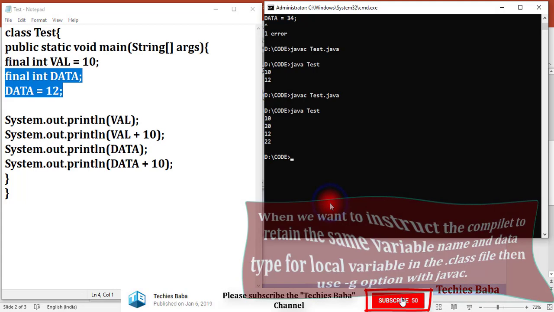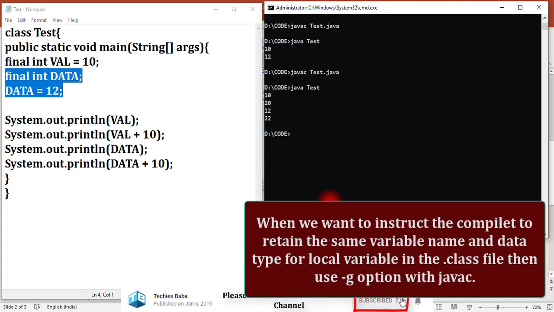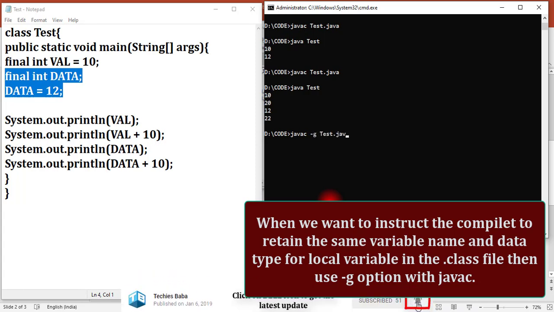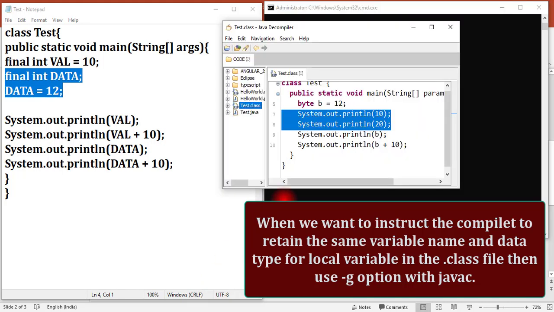You can keep the variable names as they are while compiling, for debugging purposes, using the -g option. So when you are compiling, use the -g option to compile your code, and then if you verify the .class file, let me refresh this.